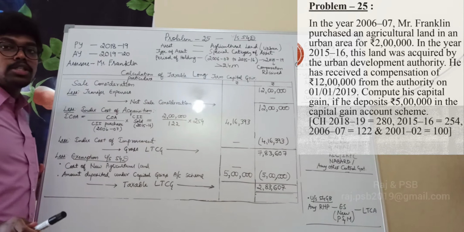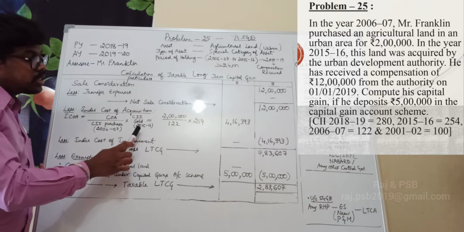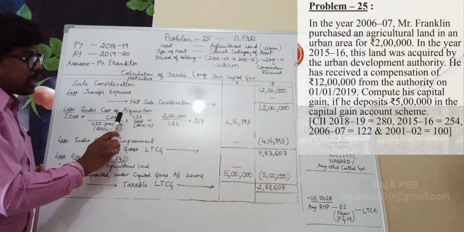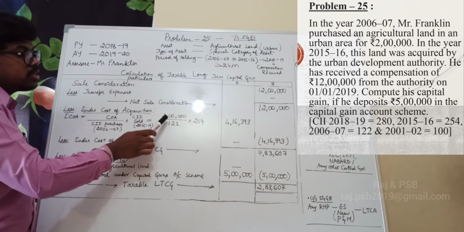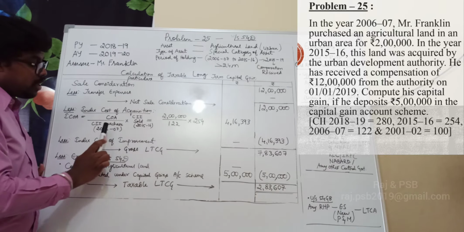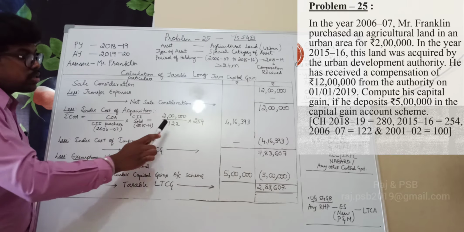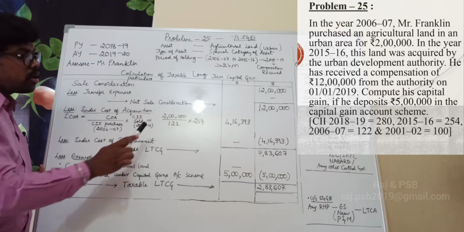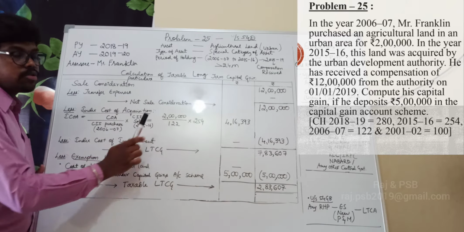There they receive compensation, and then they deduct tax. But the sale happened in 15-16. So the COA, the cost of acquisition of the land, is 2 lakh divided by 56-7, that is 122, and 15-16, that is 254. So 2 lakh divided by 122 into 254 is